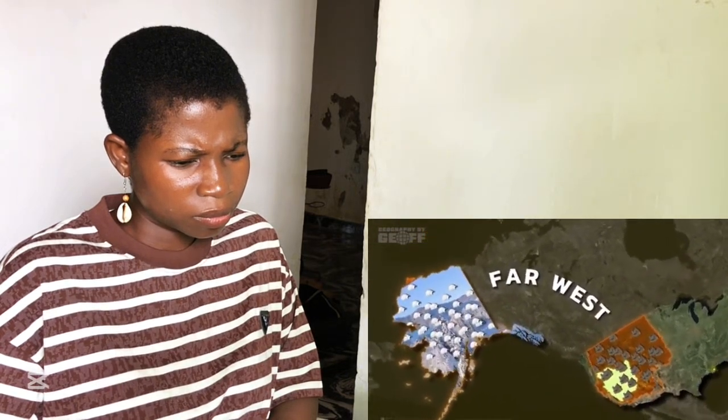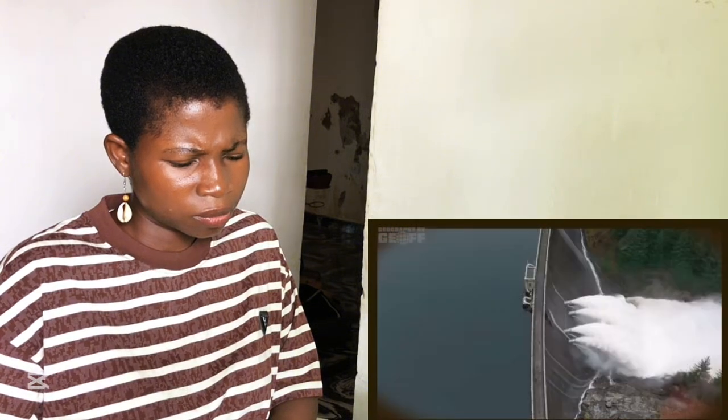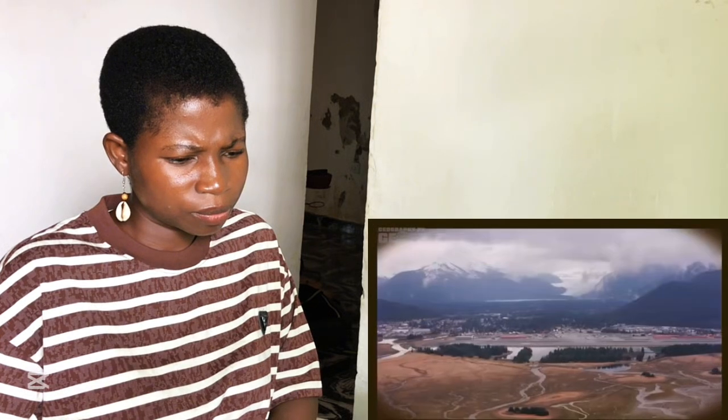Dominated by the Rocky Mountains, the Great Basin deserts, and Arctic tundras of Alaska, the Far West was the last American region to be settled in large numbers. Its harsh environment required massive government infrastructure, from dams and railroads to military bases and eventual airports, to support human settlements. Even today, it's a land of low population and high federal presence because the federal government actually owns most of its land.